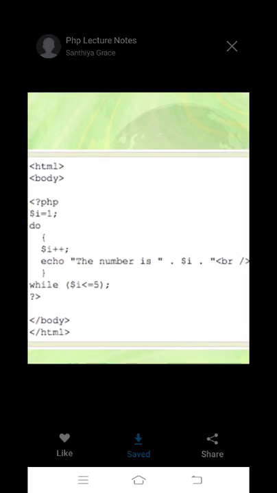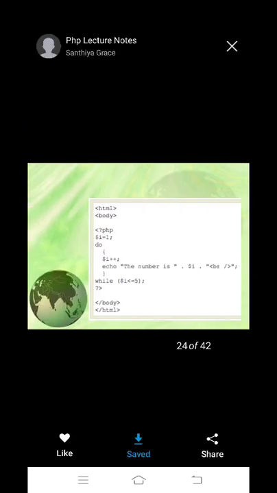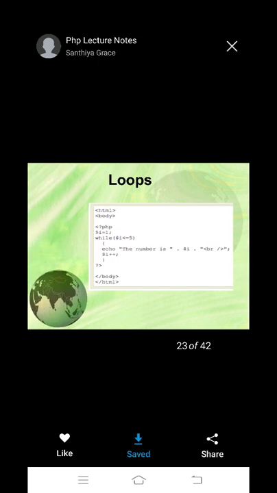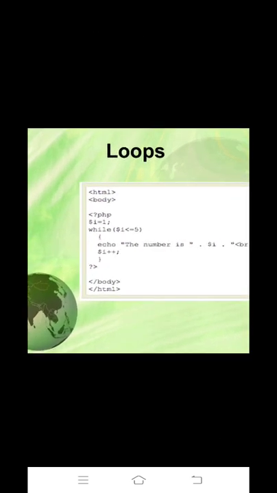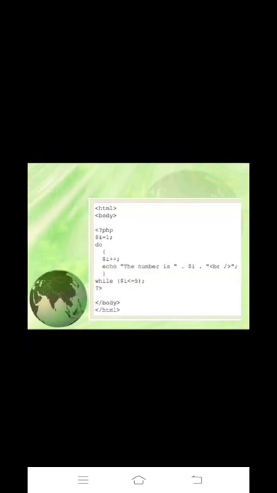See that up to I equal to 1 it is the same as the before program. Now this is the do while statement, and that was the while statement. All of you observe here, everything is the same, just instead of while you write do, and the while is at the end. The difference between while and do while is, in while the condition is checked first, then the compiler decides whether it enters the while loop or not. In do while, the first time without checking any condition, the compiler directly enters the do.